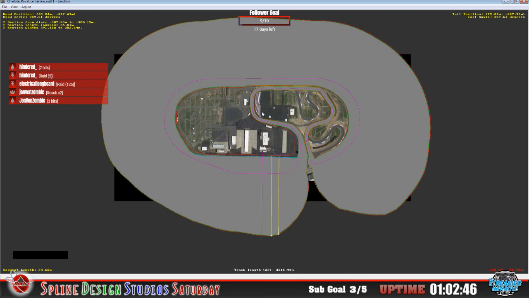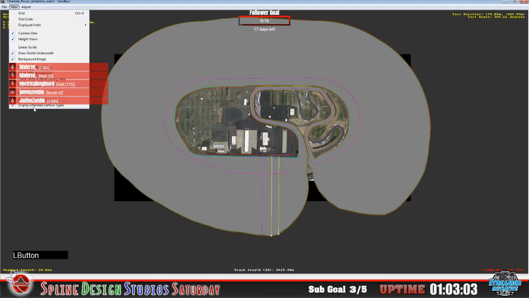That means this is all defined as racing surface right now. So until we get to the point where we actually define our pit road, and where the pit road actually is defined, you'll see those colors will change too. But you have the option, once again, in your extended views, your extended surface types,